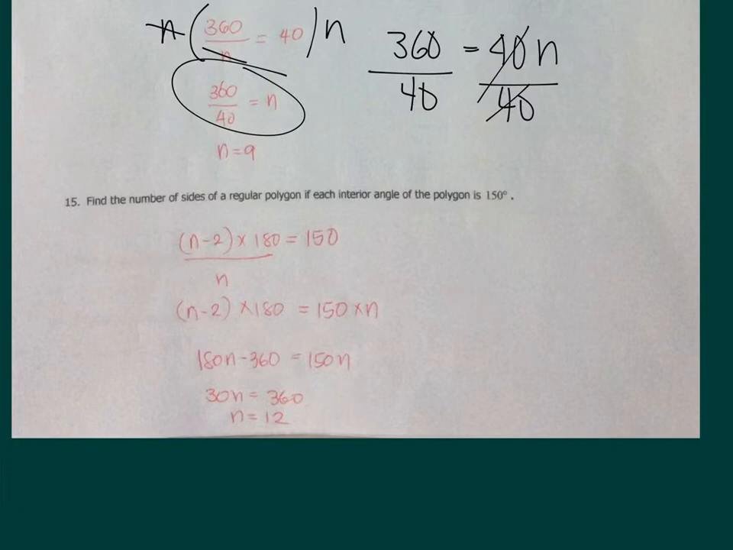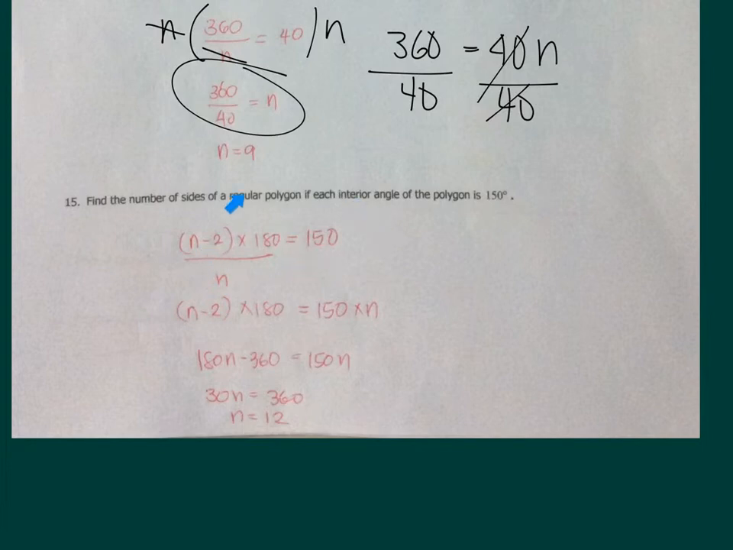Okay, number 15. Find the number of sides of a regular polygon if each interior angle of the polygon is 150. So the idea here, since we are dealing with interior angles of a polygon, is that we can always get the sum of the interior angles of a polygon, and that formula is n minus 2 times 180. So if I want to get the measure of one of the angles, all I have to do is divide it by the number of sides, and I will get the measure of one of the interior angles. Now, since it was mentioned that the measure of one angle is 150, if I have n minus 2 times 180 divided by the number of sides, then that will be equal